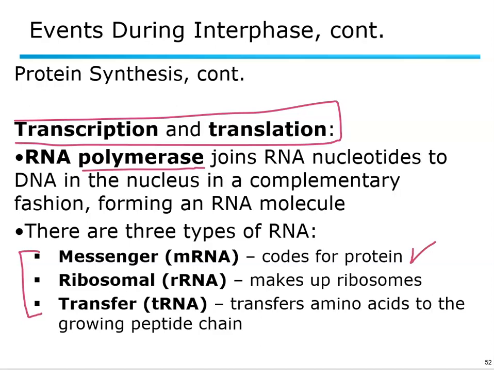And then we have moving this mRNA to the cytoplasm. And inside of the cytoplasm, we're going to have ribosomal RNA, which is making up the ribosomes. It's going to be building the proteins inside of the ribosomes. And finally, we have the transfer RNA, which is going to be moving the amino acids into the peptide chain,